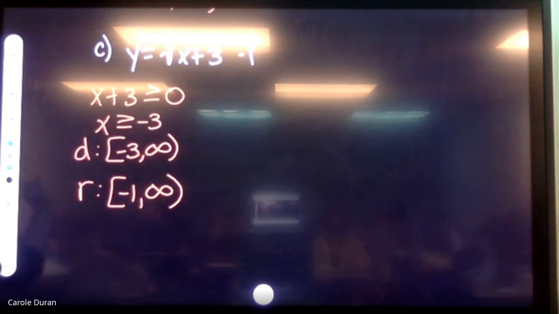Is it always the number outside of the square root? For the range? Yeah. Yes. Okay, so let's take all of this that we have just done and rewrite it in terms of transformations